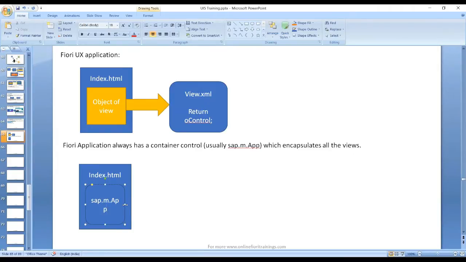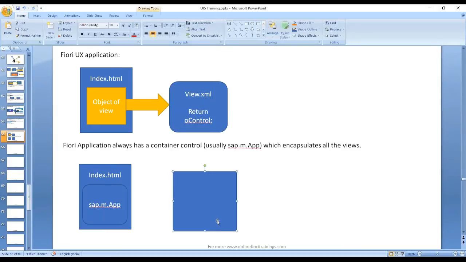Now this container control, the sap.m.App control, actually includes something called a view. So your starting point is going to be a view, so you can probably put an app.view.xml. That's the name we give. And now this view further on, or you can also design it a little different way. We will, over a period of time, simplify even this one, because we have a lot of concepts to learn, like component JS, router, route match handler, manifest JSON. We're going to learn all those concepts in upcoming days in our class, but right now let's understand that